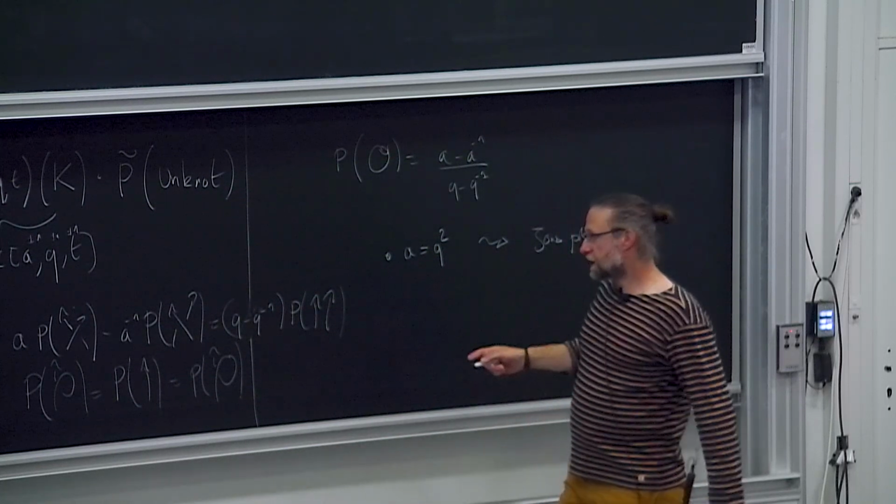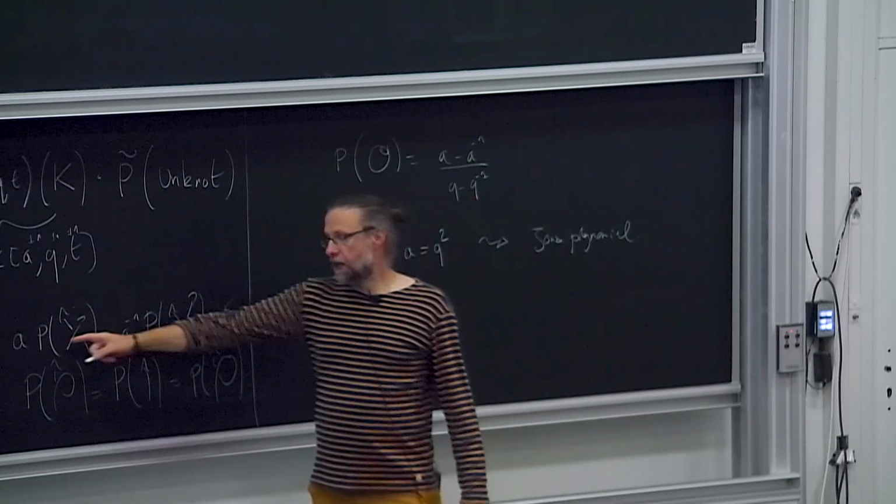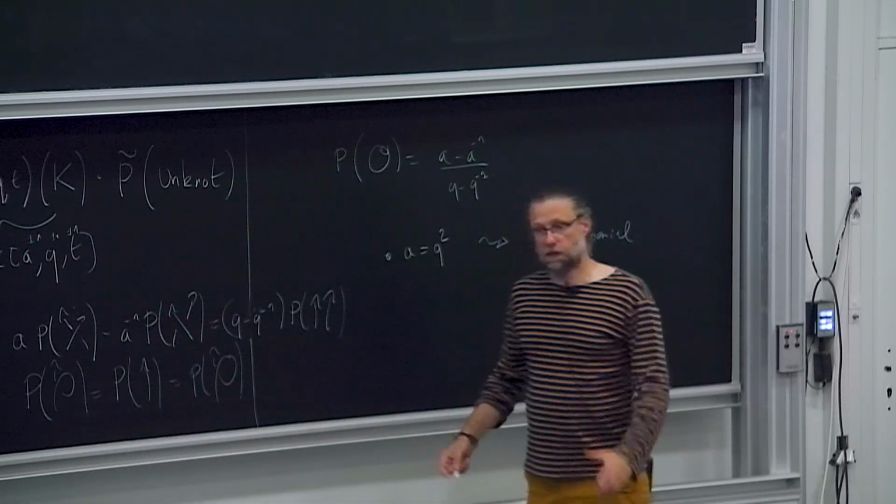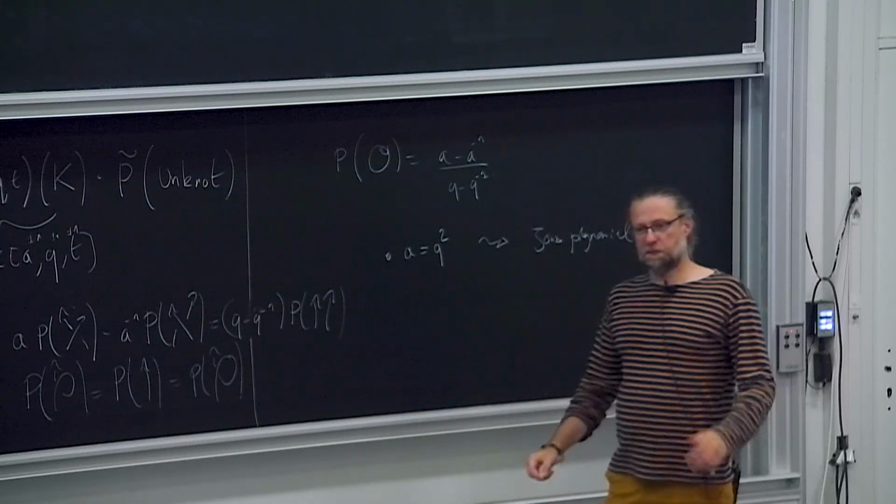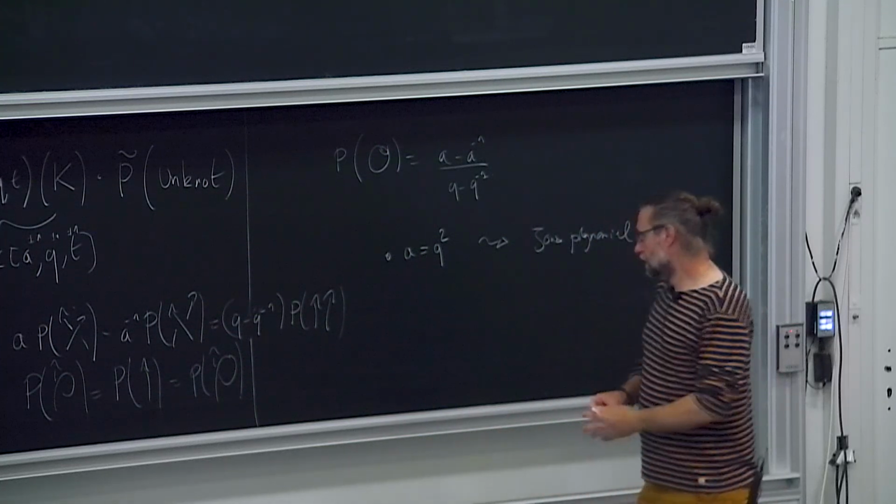Okay, there's a unique polynomial satisfying this relationship with A equal Q squared, and this polynomial is just the Jones polynomial with a fixed choice of normalization and convention. And again,